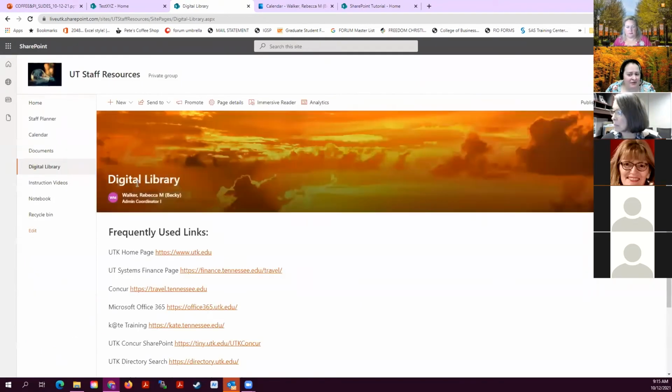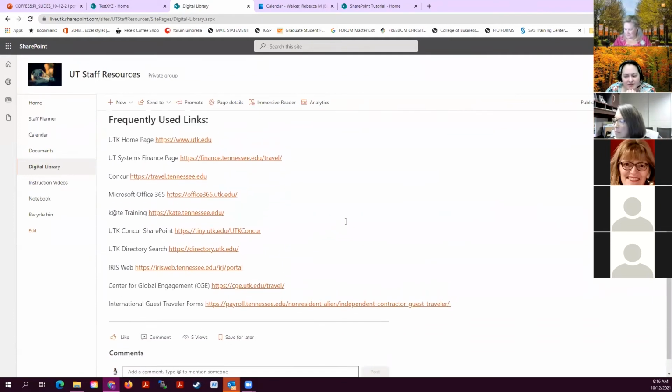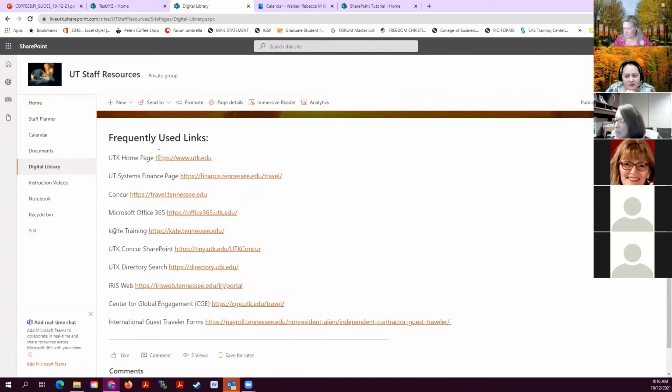And this is one of my favorite things that people don't often think about building. It's called a digital library. If you have frequent or favorite links that you want to use, you forget where they are, or you bookmark them, but then you have a list of bookmarks that's like 10 miles long and you can't find the bookmark. This is a great way to put the most frequently used links in one place on your